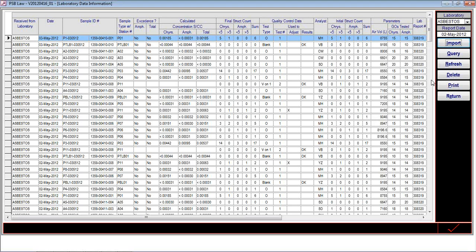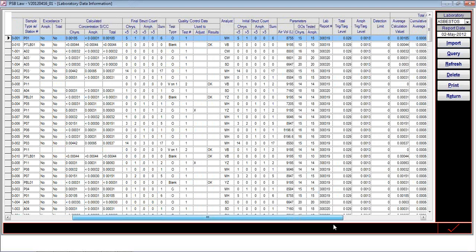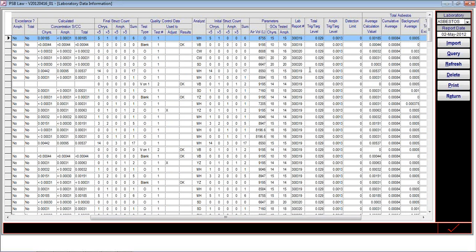Here we have provided the provision to import from the various laboratories, and it will store the information received from the laboratory: date, sample ID, sample type with station, accidents, amp total, calculated, place amp total. The values received from the laboratory get stored here up to the lab report, and after that it brings the total think tank level, amp think tank level on the basis of the date of the import,